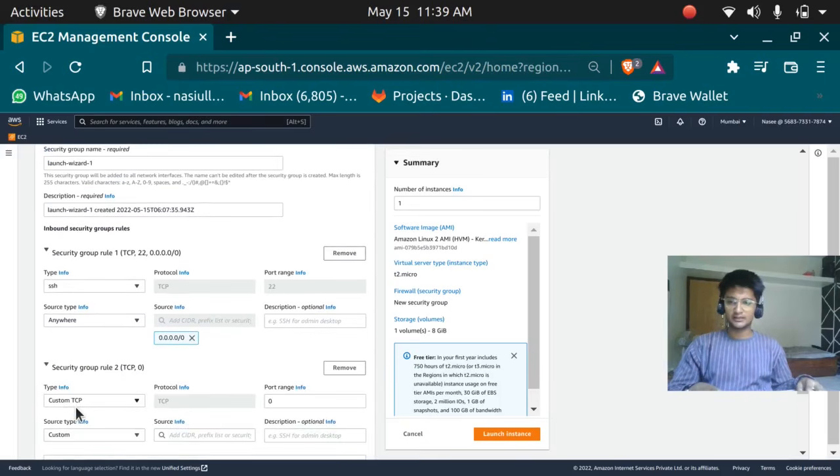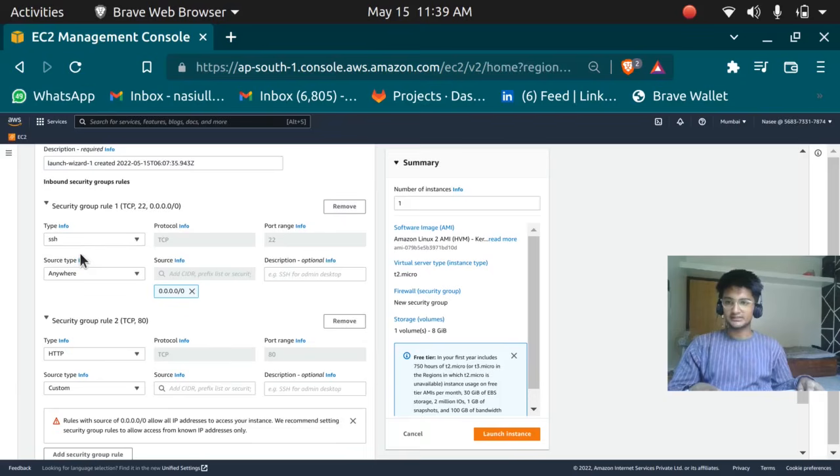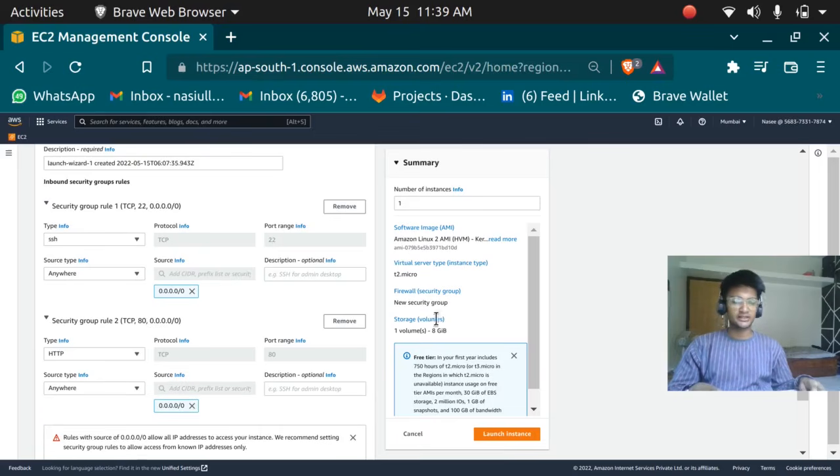So let's add a rule. I'm going to add a rule name as HTTP. So where is HTTP? Here's HTTP. The protocol is TCP, port number is 80, and we have to choose the source type. So we can choose from anywhere, which means anyone on the internet can access our website or access our instance